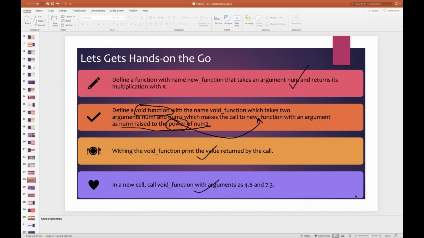Very simple. Once again, understand the basics properly. You are importing a math module. You are writing one function, and that function will return a multiplication with pi, which is nothing but return num times math.pi. Or I will show this one for you, because let's finish the concepts faster.